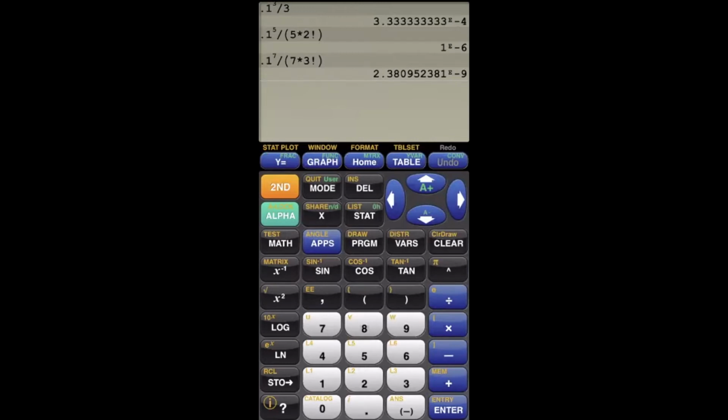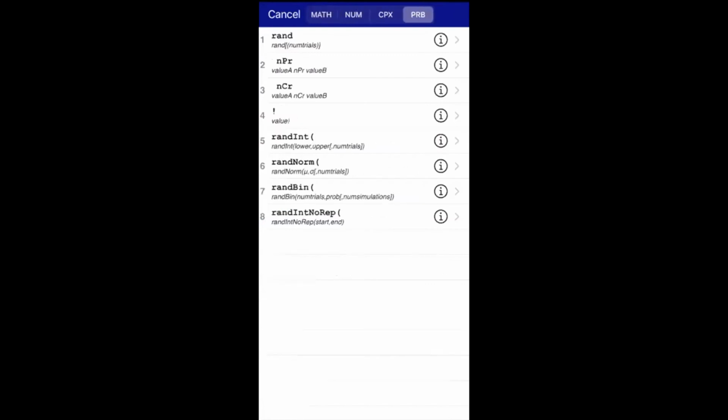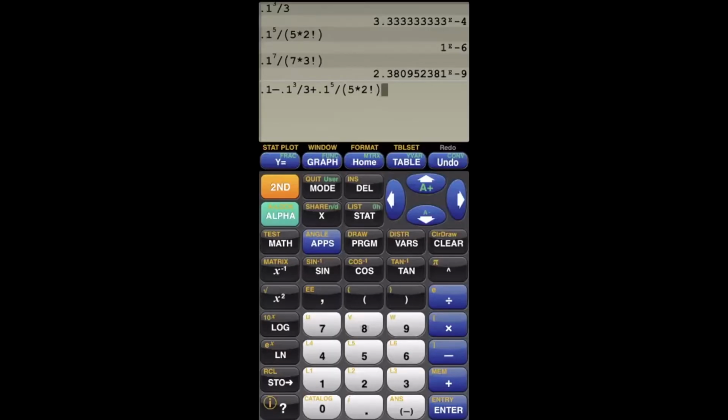Or actually, you know what? I don't think we need to go back to the tablet. Let's just figure out what that is. So 0.1 minus 0.1 to the third divided by 3 plus 0.1 to the fifth divided by 5 times 2 factorial is equal to